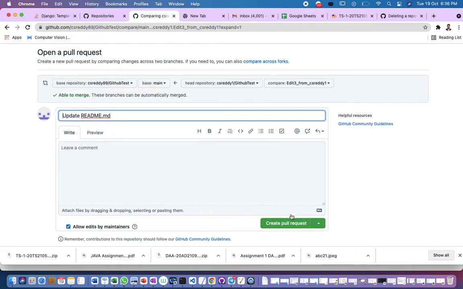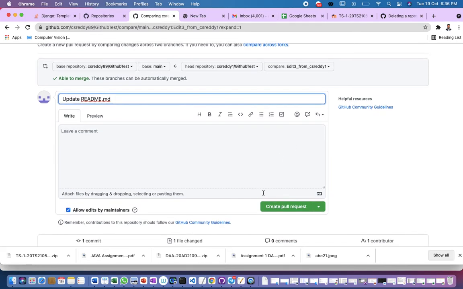Why do we need this? Because when two people are working collaboratively, a particular person has a different idea and wants to contribute to this project, and therefore suggests some changes. It can be code or it can be text, and those changes should be approved by the main lead, so that the changes would be reflected in the main branch.